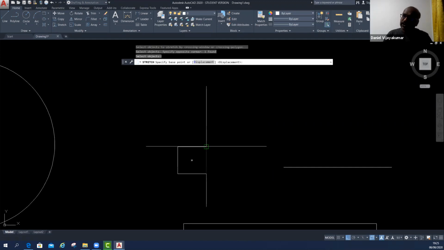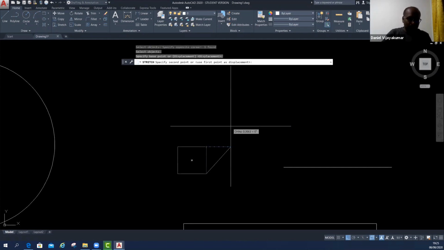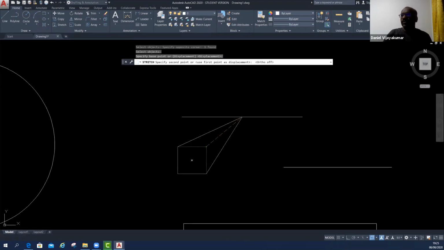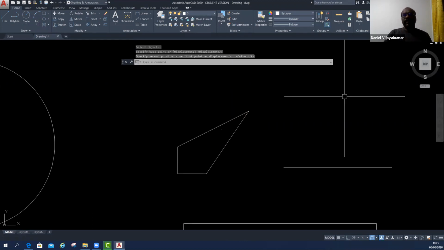I pick that edge to move. I will turn off ortho. I stretch only one edge. You can stretch any one of the edges too. Understand? So you can use multiple ways and multiple places to stretch your object.